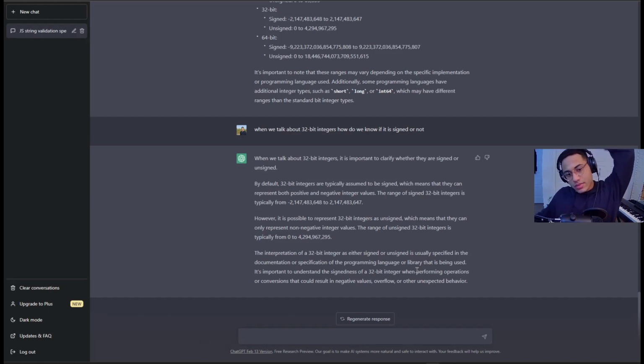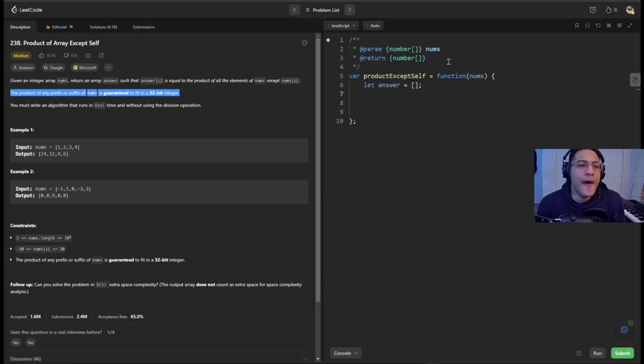The signedness of a 32-bit integer and performing operation conversions can result in negative values or overflow. Is equal to the product. So guaranteed to fit in an integer. Suffix. So